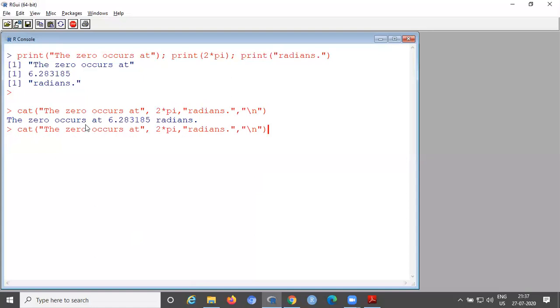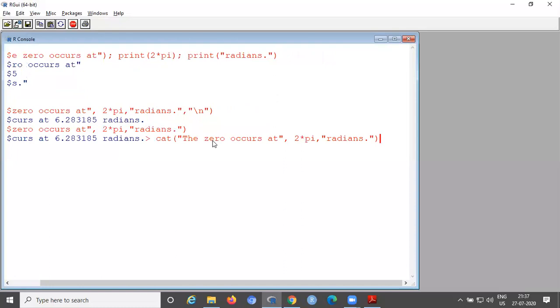Suppose you don't have \n, you can remove it and test to see where the output is printed. Here you can see, "the 0 occurs at" so and so. The terminal won't enter into a new line, so it is continuing here itself. That's why we compulsorily have to use \n to display the output in the new line.